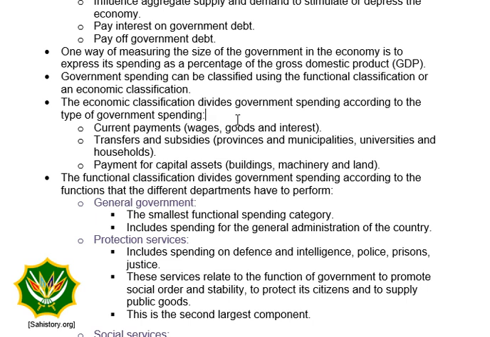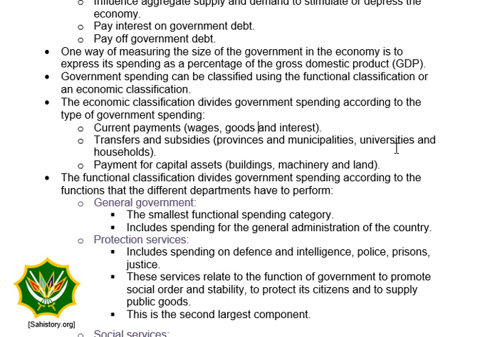The current payments would include any wages and salaries that they pay, any goods and services that they buy, and interest on their public debt. Those are all examples of current payments. So they are paying teachers, they are paying doctors, they are buying textbooks for schools, they are buying the medicines, buying stationery for their offices, goods and services that they are buying. That is all part of their current payments. The second one is their transfer payments and subsidies.